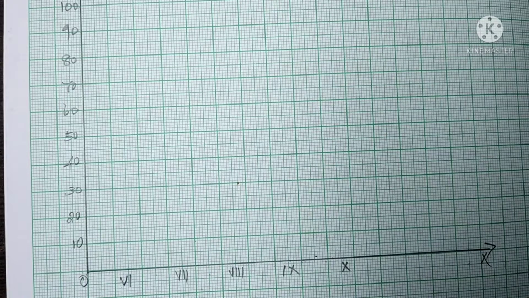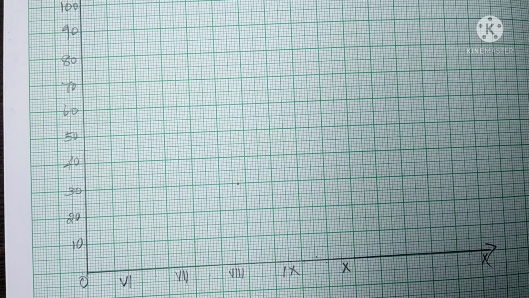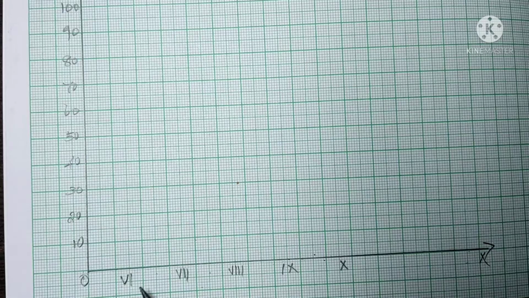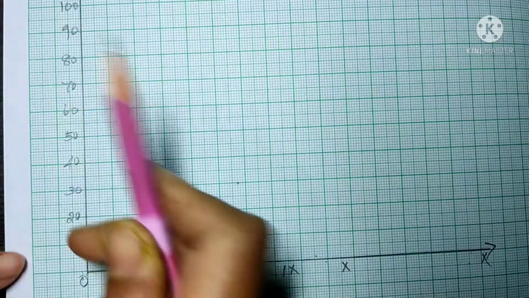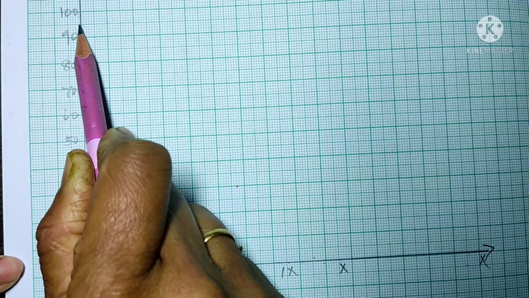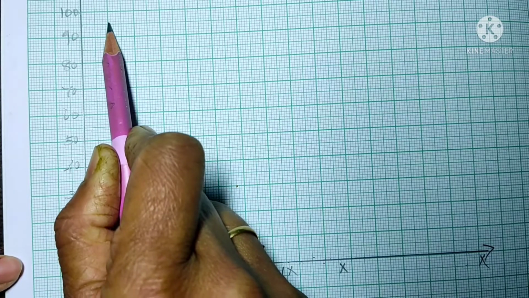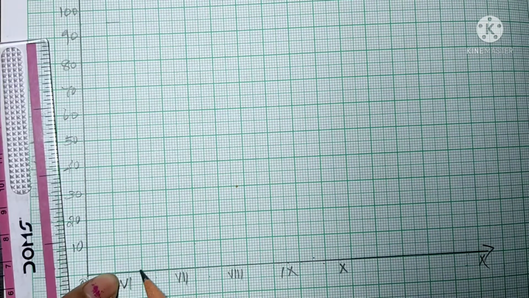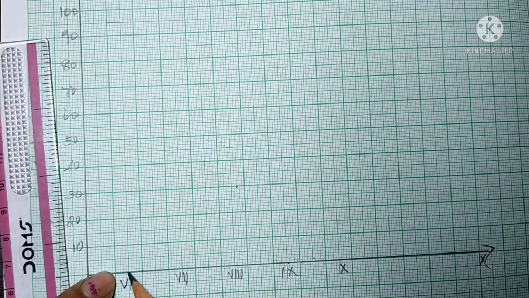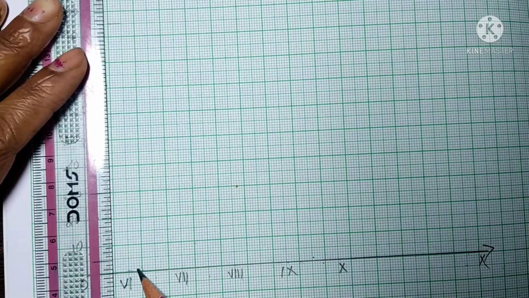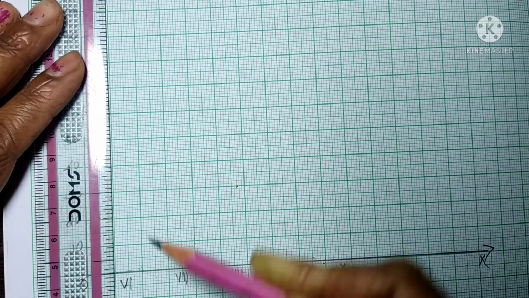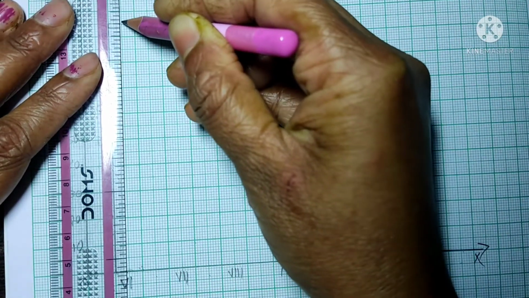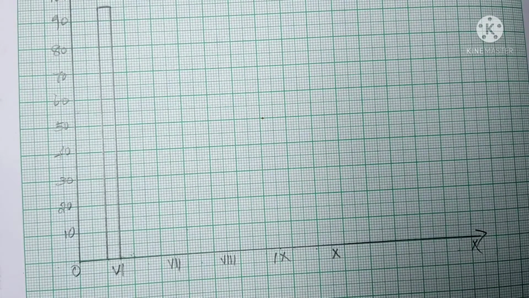Okay. First we can mark the total number of students in each class. In class 6, the total number of students is 95. Where is this 95? Here it is 90, and the middle one between 100 and 90 is our 95. So this is our 95. And one thing, I'm not going to take the full width of this class 6. I'm taking only the half. So the half is for the first information, another half is for the other information. So this half only I am marking now for representing the total number of students. See, only half portion I have taken. This is the total number of students in class 6.